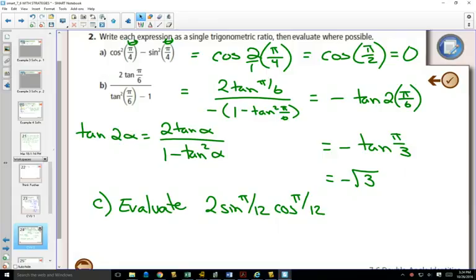And if you did all of that work, I should probably make it an 8 to 10 mark question on a test. But this one was on an exam, and it was only worth 2 marks, sometimes only 1 mark. That means that there's a significantly shorter way of doing it than using your pi over 12. And again, this is where it's nice to have these formulas mostly memorized. So when you see 2 sine cos, you're like, that's the right side of my double angle formula for sine. So I can change this to be just